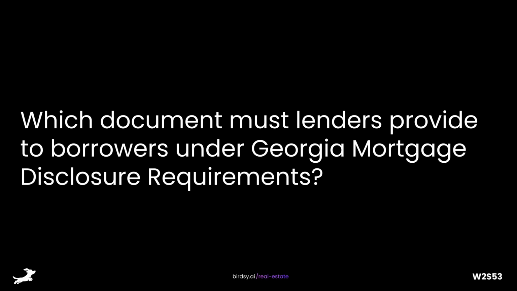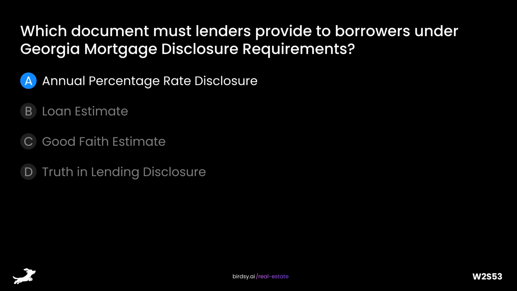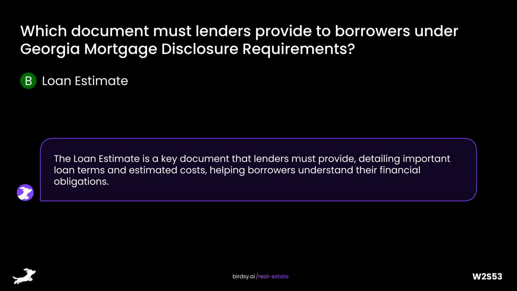Which document must lenders provide to borrowers under Georgia mortgage disclosure requirements? Is it A, annual percentage rate disclosure, B, loan estimate, C, good faith estimate, or D, truth in lending disclosure? The answer is B, loan estimate. The loan estimate is a key document that lenders must provide, detailing important loan terms and estimated costs, helping borrowers